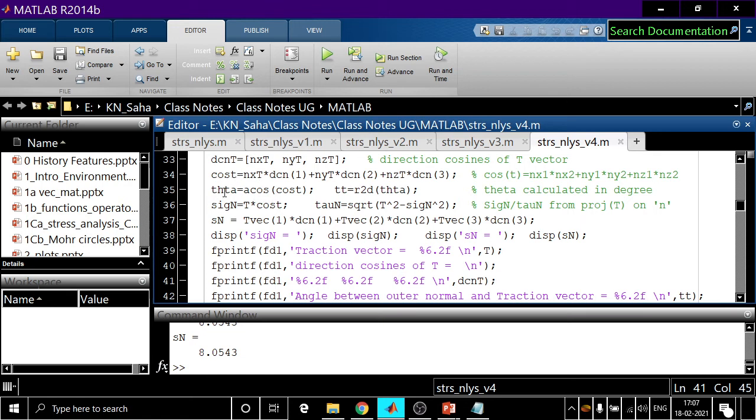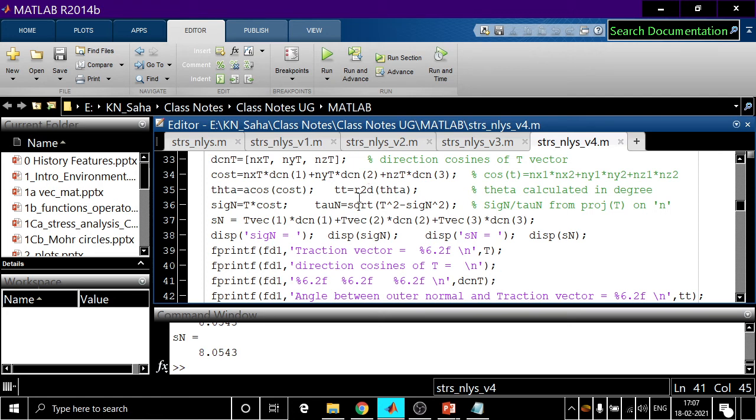What is the data type of this theta? Is it degree or radian? No. MATLAB uses radian by default. Okay, so we need to convert this theta from radian to degree. Is it clear? That conversion is R to D, radian to degree.